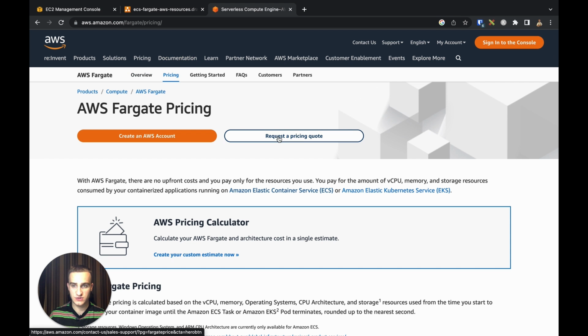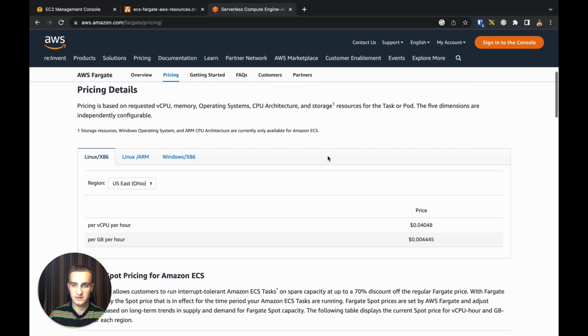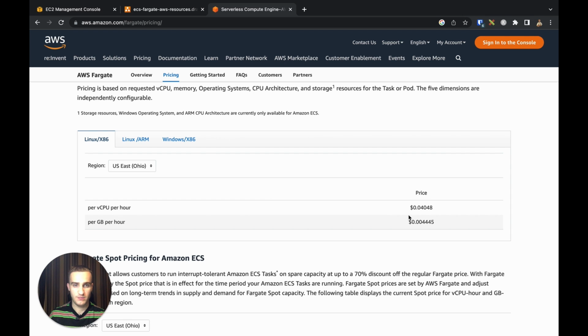And here on this page, you can find the Fargate pricing calculator, and you can see that they're charging you per vCPU per hour and per gigabyte of RAM per hour, and thus you can calculate how much you should pay depending on the resources you chose when creating the